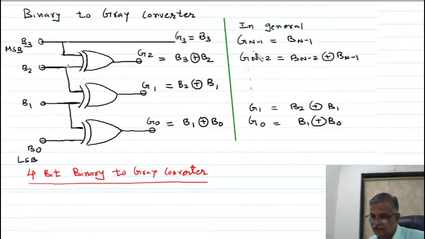This is a general equation I have written here. It is for 4-bit, you have to remember this. For n-bit, this is the expression. This is a circuit you have to study in an experiment in a laboratory, how you can convert the binary number into gray code. This is the exclusive OR gate, and I have already explained it. In an exclusive OR gate, when both inputs are at different levels, the output is 1. If both inputs are at the same level, the output is 0. I have used that in this conversion.